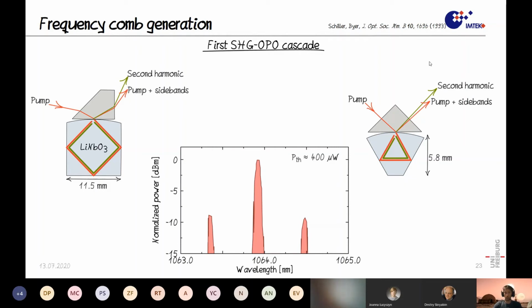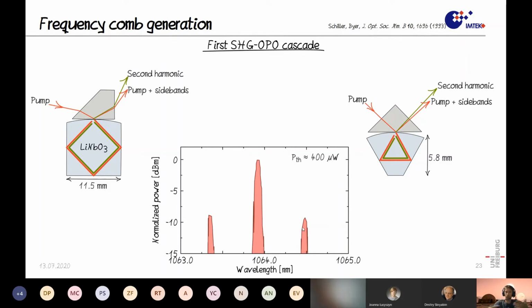But in 1993, nobody thought about the comb. And nobody even thought about the microcomb. But it was there. They just had not been aware of this effect. The only thing they needed to do was just increase the power. That's it. But they were just interested in how to tune the signal and idler,